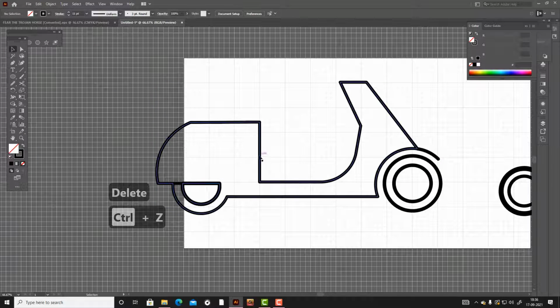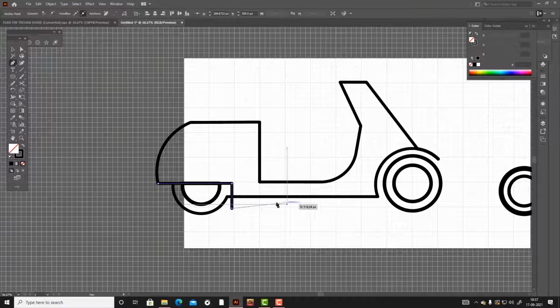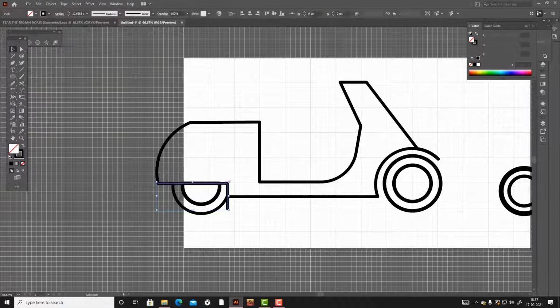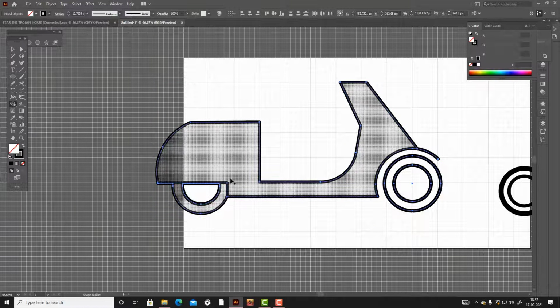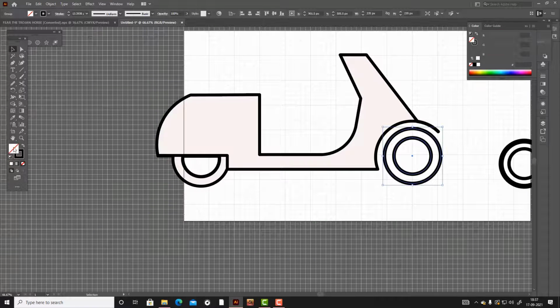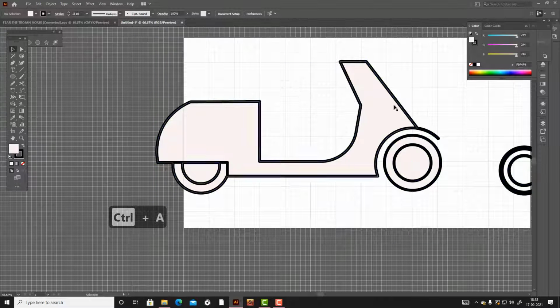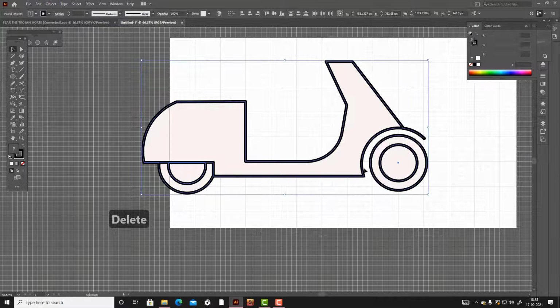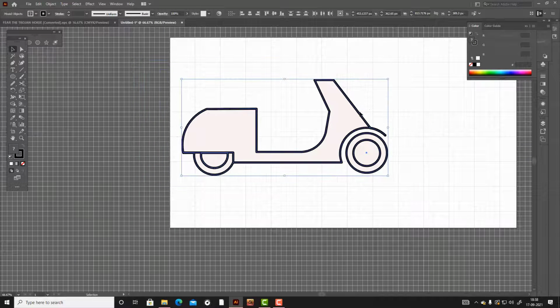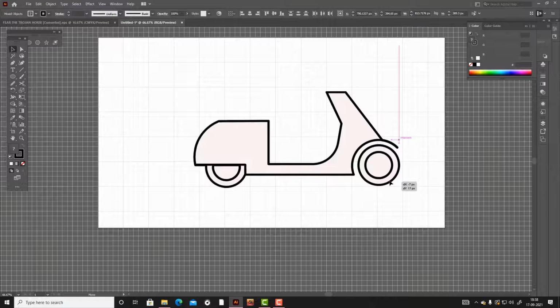Now here is a scooter-like thing, and now increase this line, Control Z for those things, and now cut it out, and now cut these things, circle, Control A, and delete the unnecessary wheel from here, and paste it and place it on the line. So line and grid are always